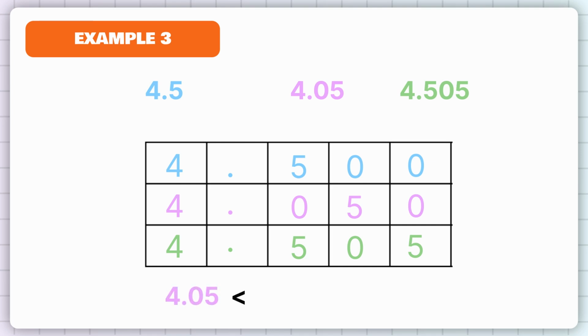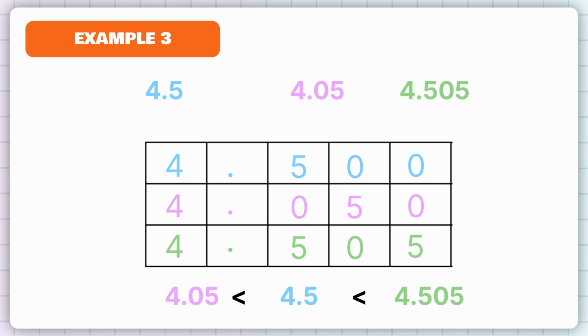When comparing 4.5 and 4.505, there is the same value of 0 in the hundredths place. In the thousandths place, there is 0 and 5. Since 0 is less than 5, 4.500 is less than 4.505. So 4.05 is less than 4.500, which is less than 4.505. By practicing these examples, you'll get comfortable with comparing and ordering decimals, an essential skill for many areas in mathematics